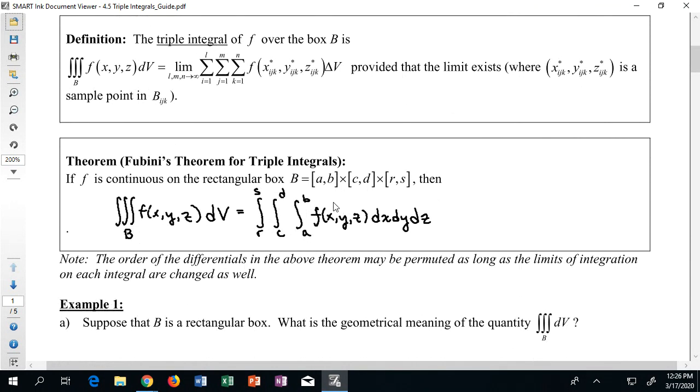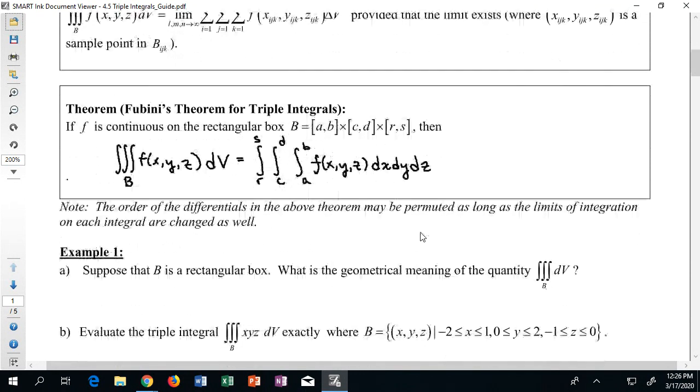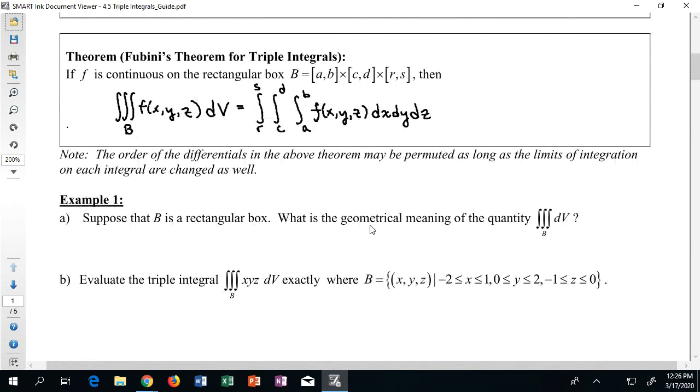Again, though, since this is a box, it's actually totally possible that I could have written things in that reverse order, and I would have just needed to maybe swap around the differentials at the back. And much like we worked over rectangular regions with double integrals, we could interchange things pretty simply. Okay. If we take a look down here at example 1, we can see how this might actually begin to